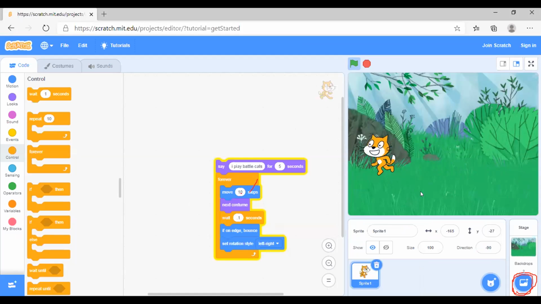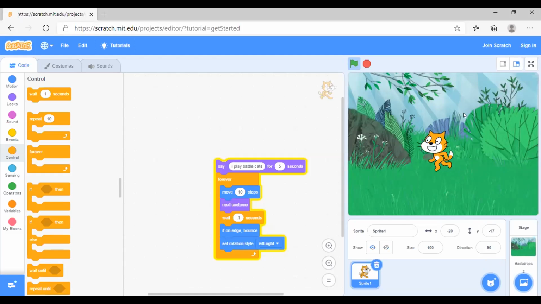Are we gonna put another sprite? Yes, we will add one more sprite also after some time. Okay, Agam, have you done this? Yes, sir. Okay, how about you, Arav? Sir, I'm doing it. Okay, I'll wait for you. So, how much have you completed so far, Arav? So, I'm on set rotation style. Okay, all right.